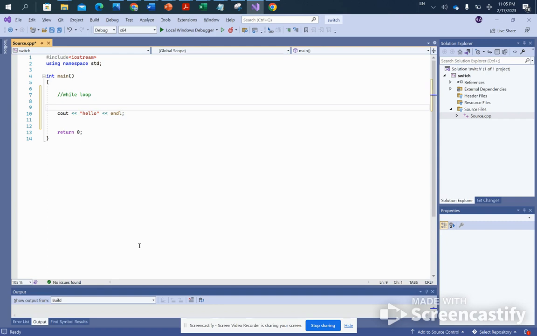Now, for us to be able to do loops in general, there are 3 fundamental things that you require to build a loop. What are those things? Well, take a look. There is something called the initialization, and I'll explain what those are.